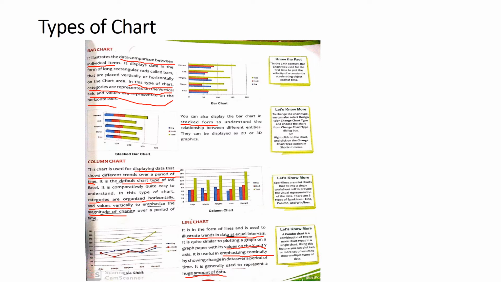which means it is showing the variation over a period of time. Blue is again representing the marks in English and red is representing the marks in Hindi. See, Anju has scored the marks 40, so it is easier to make the comparison between two. Anju has scored marks between the range 60 to 80 in English, but we can see as this red line is going down, so Manju has less marks as compared to Anju. Likewise, we can compare the values.